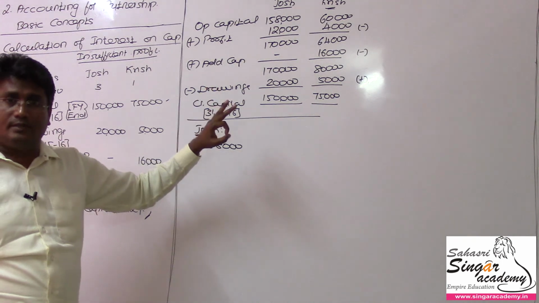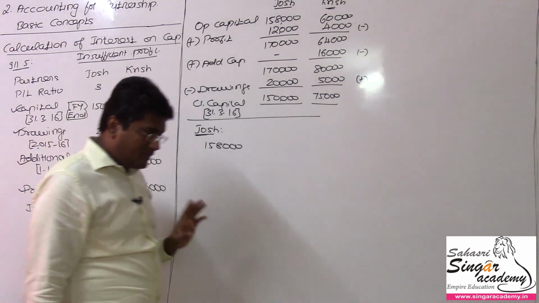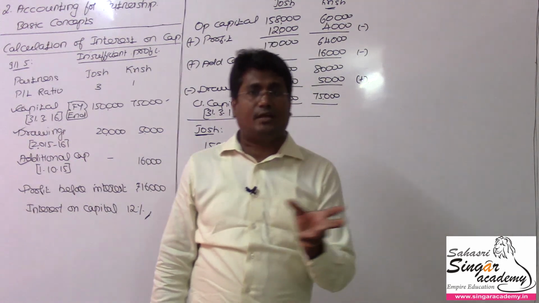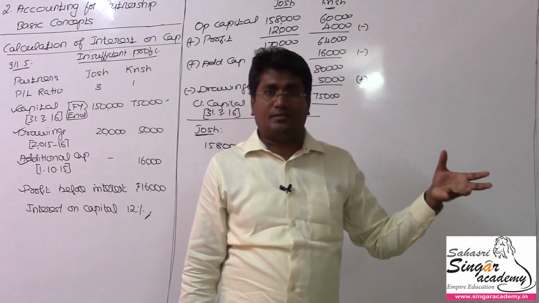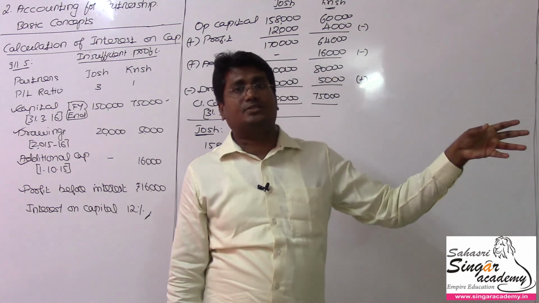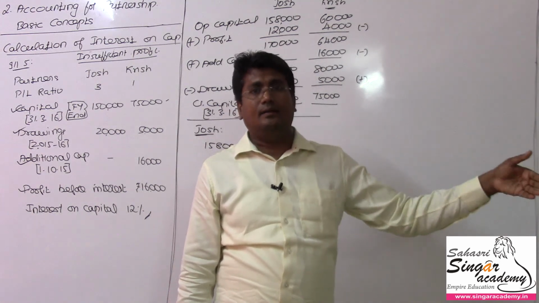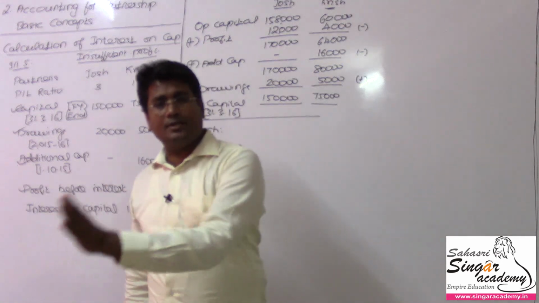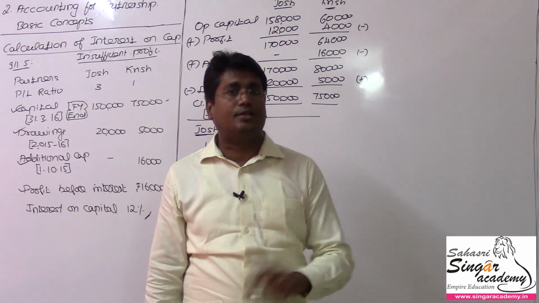It is assumed that the drawings are drawings out of the profit. Drawings out of the capital means the partners could have invested capital which is more than the sufficient requirement for the business, so they are keeping the entire capital unutilized or misutilized. Keeping that capital excessively invested and idle is a loss only. What you can do is return it back to the partners. Returning to the partners is nothing but a withdrawal by the partners, which is called drawings against the capital.